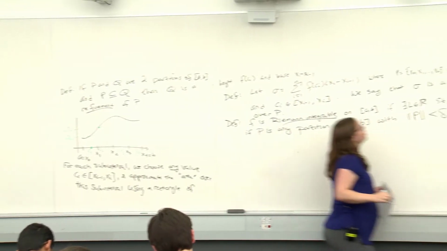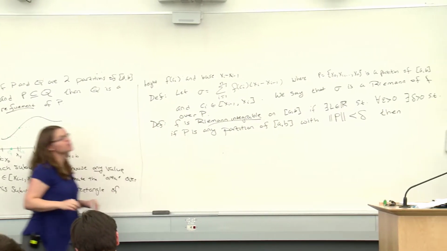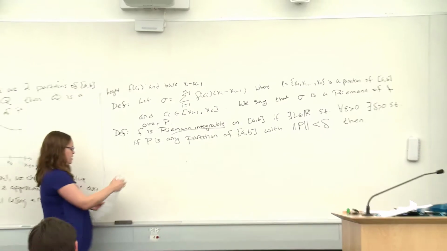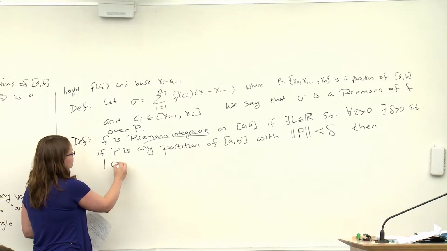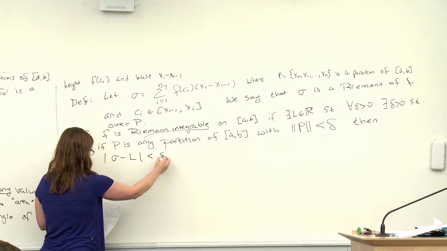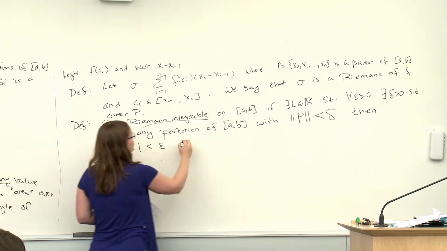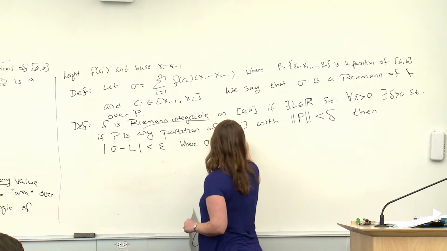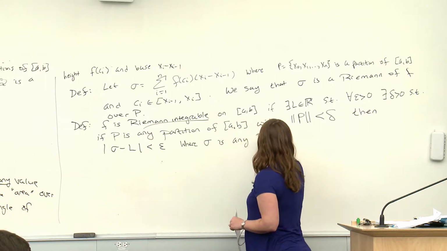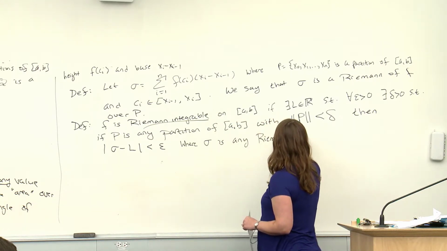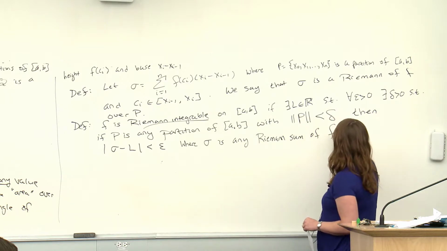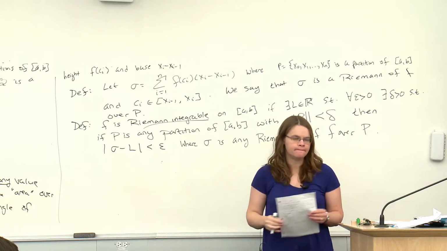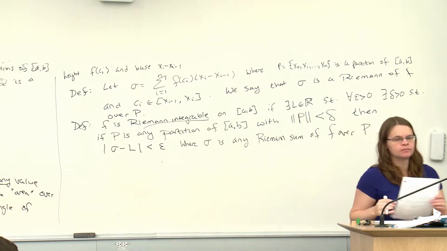Then you know the conclusion. These sigmas are supposed to approach L. So we're going to say that sigma minus L should be less than epsilon, right? Where sigma is any Riemann sum of f over P. Question. Yes. As the size of the partition goes to 0,